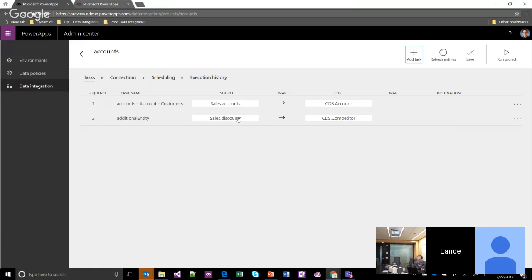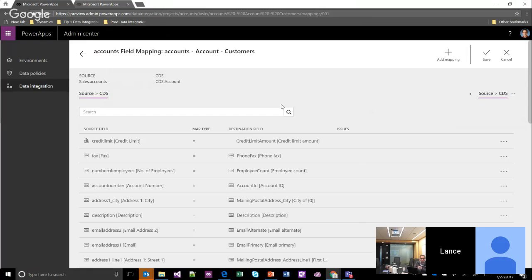Let's briefly go back here, because this is the handoff point for you to understand what we're actually going to be doing with Power Query. When I bring data from the source into CDS, I have this list of columns right here, but I might want to filter the data as it comes in.